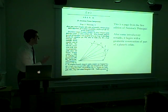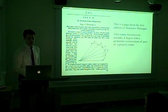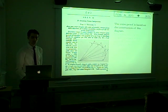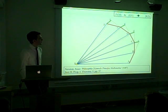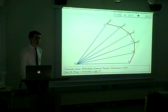Here is the diagram that Newton had in his original book. This is the Principia Mathematica, the original copy. And on page 37, he's drawn this diagram. As you can see, it's written in Latin, and I assume that not everybody in the room is fluent, so we'll focus on the diagram instead. And I've enlarged it there for you to see. And I have changed the colours a little bit. I'm going to do that slide again, because that slide in itself took maybe 3 or 4 hours. So it's getting a second viewing. There it is. And I'm going to take you through what it means, and then a proof of what Isaac